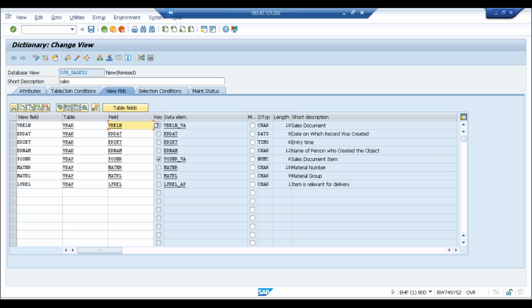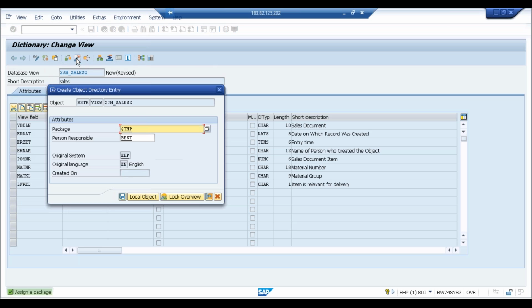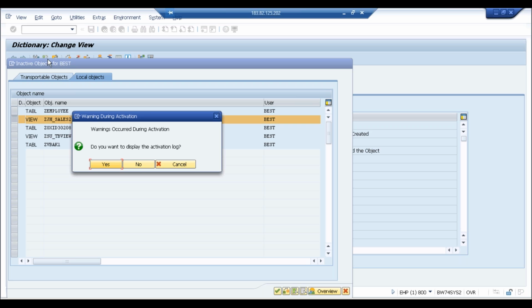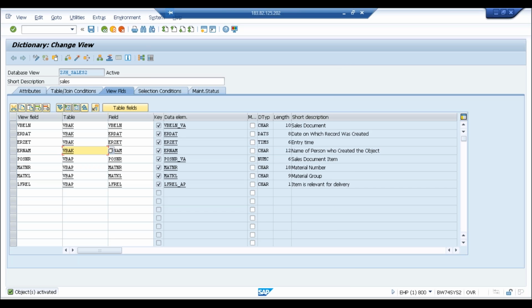So what we just did is we clicked on the table fields, and once we had the field names, we entered them. Now we will activate it. So we have activated this view, and we will be able to see the data from the tables.